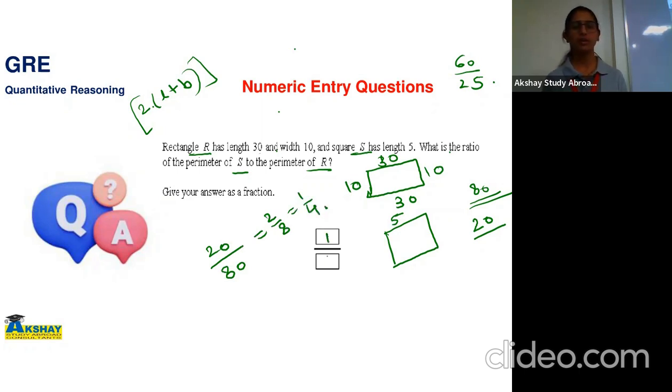So you have to write your answer in those empty boxes by using mouse and keyboard. You have to just click in that empty box by your mouse and type your answer there. If two boxes are given like this, one for the numerator and one for the denominator, in that case, you have to write down your answer as a fraction. But if for the same question they have provided you a single box, in that case, you have to convert your answer into decimal and then put that in your empty box.